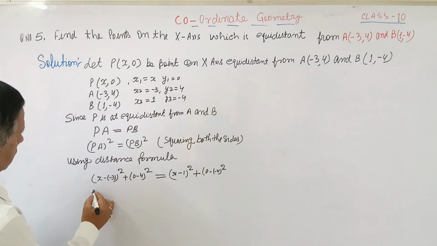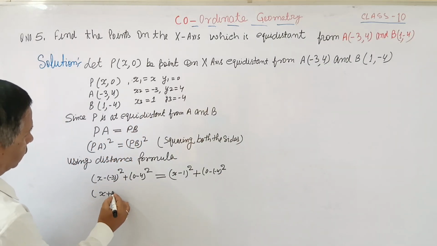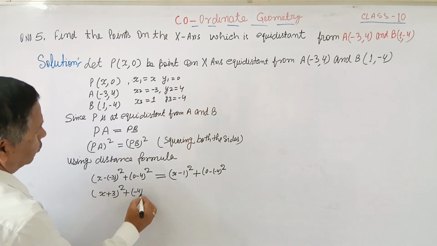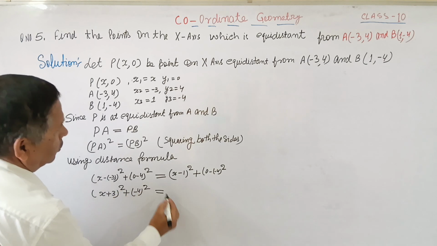So this is x plus 3 whole square plus minus 4 whole square equals to